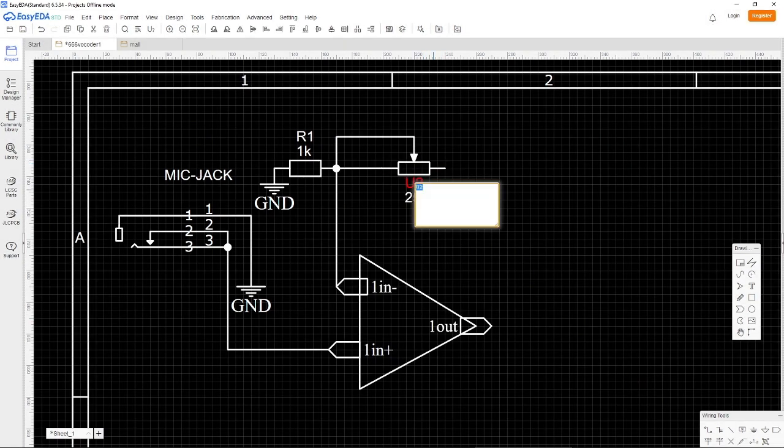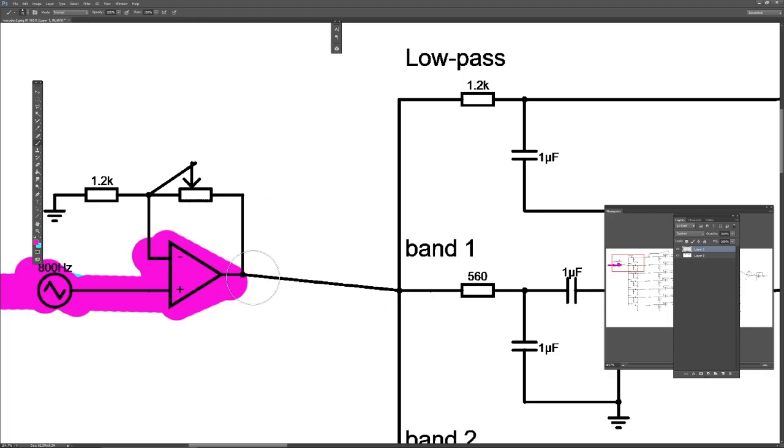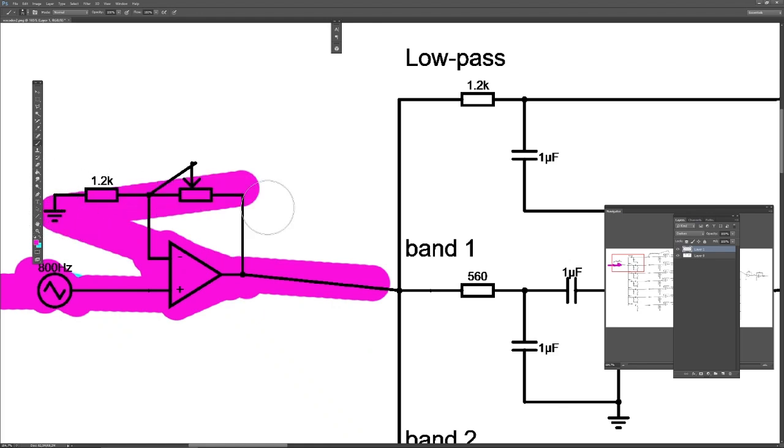Yes, it might be too much, but let's just do it like that. Let's call it pot 1. Didn't I call it pot level in? It doesn't want to be called that. Maybe you can't have any space in that. All right, so let's do it like this, and then just attach this one to here and there, and finally here. So now we are actually ready with all of these, and we can start with the